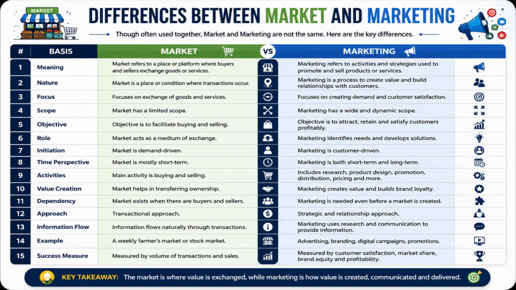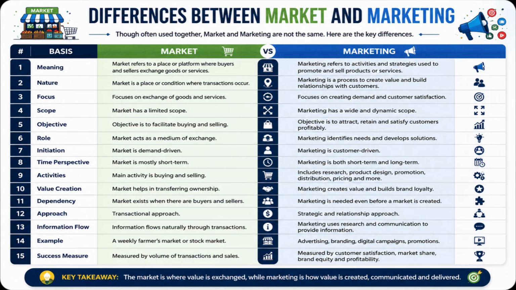Let us understand the major differences between market and marketing. Number 1. Market refers to a place or platform where buyers and sellers exchange goods or services, whereas marketing refers to the activities and strategies used to promote and sell products or services. Number 2. Market is a condition where transactions take place, whereas marketing is a process that creates value and builds